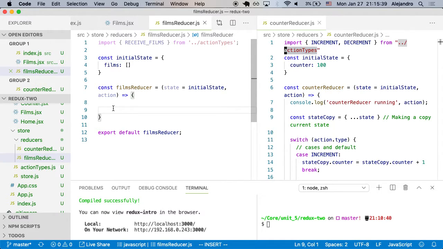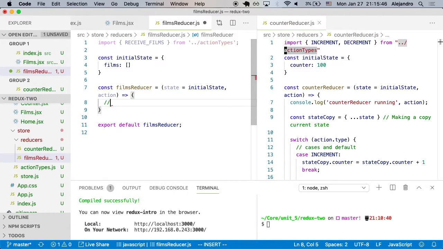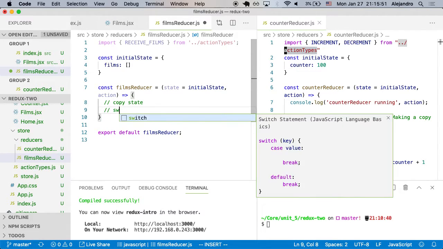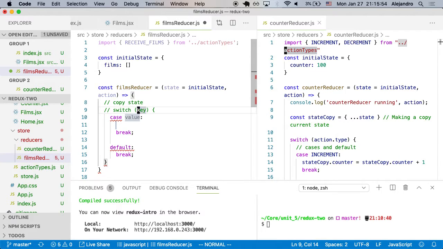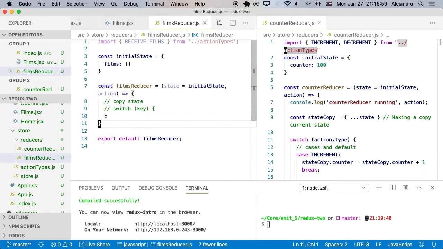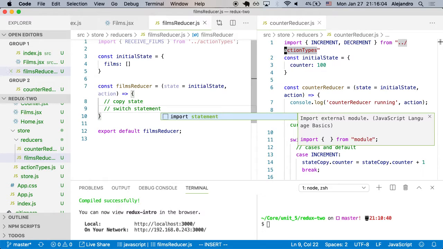Douglas? Copy of the state. Copy of the state. Anything else? Maybe Peter? A switch case. Copy state. Why do we want to switch? Why do we want a switch statement? Cameron? Depending on what we're doing with the state of the films, we can decide how to do another action